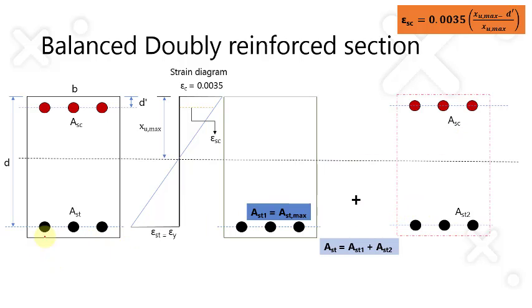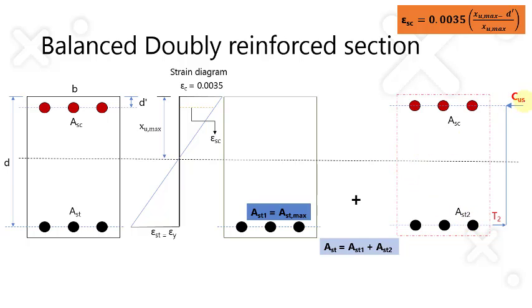Now this tension reinforcement will be AST1 plus AST2. We know AST1, this is the maximum tension steel corresponding to a singly reinforced section. What we need to do, we need to compute AST2. Now in order to compute AST2, we will focus on this section, because this section gives me AST2. Now to do that, I would like to know what is the compression force in my compression steel, and this will be equal to the tension force which is coming in the steel of quantity AST2.